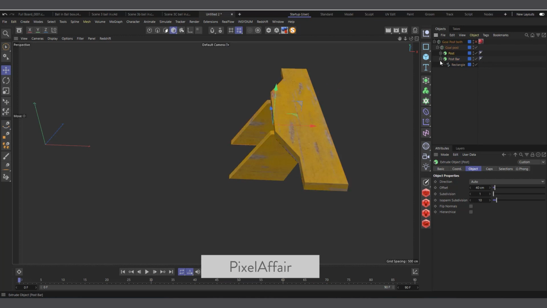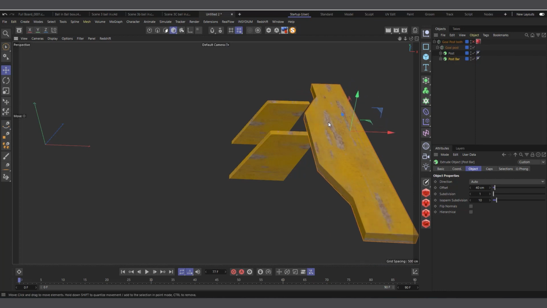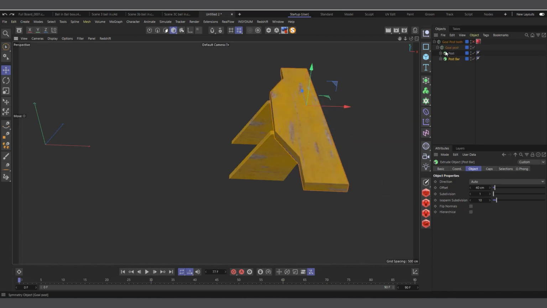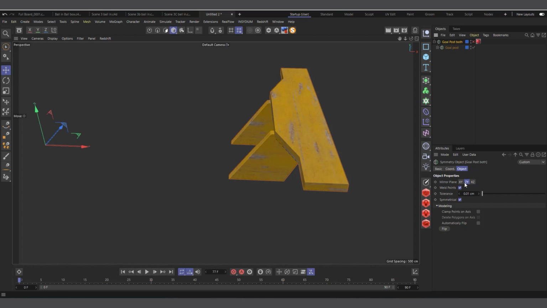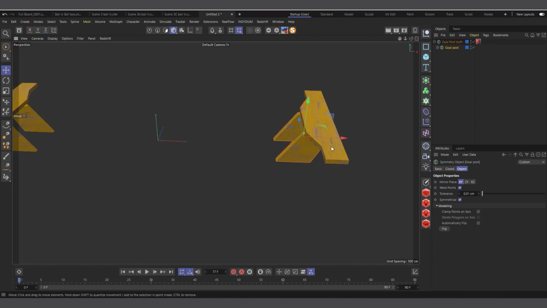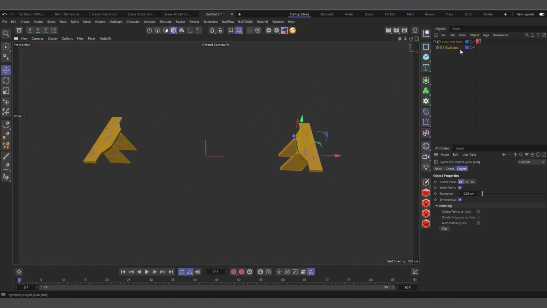So if I move this one somewhere here, you can see the symmetry only considers the first child, so this one is not being duplicated, right? So the top is not being duplicated. That's why it's still in the symmetry object, but it's not being duplicated. After this one is created, I put it in another symmetry, and I change the axis, right? So in this symmetry, I change the axis to x, z, y. But with this one it's x, y, right? So now we created another symmetry on the side, and everything combined